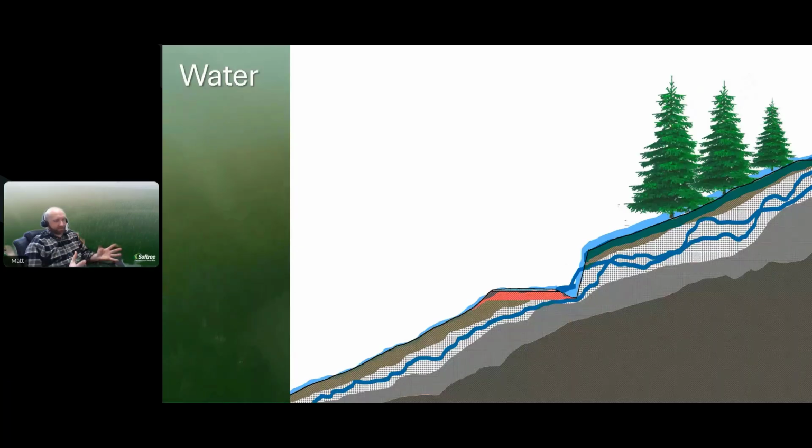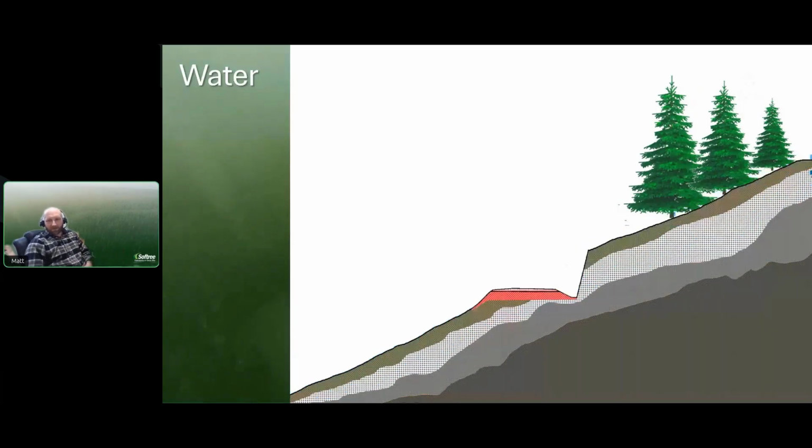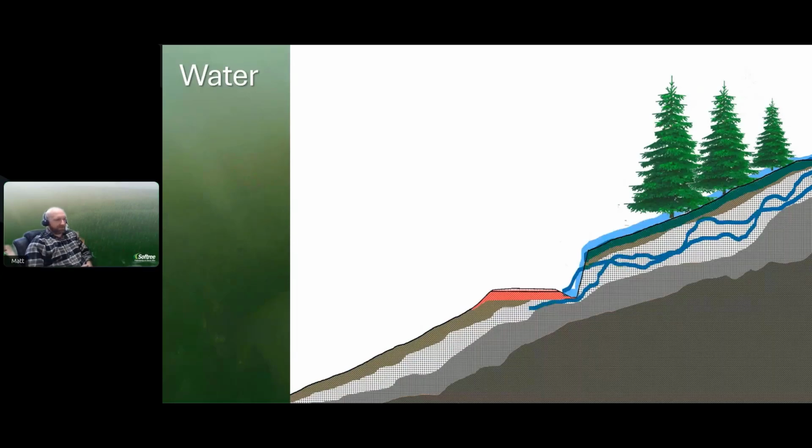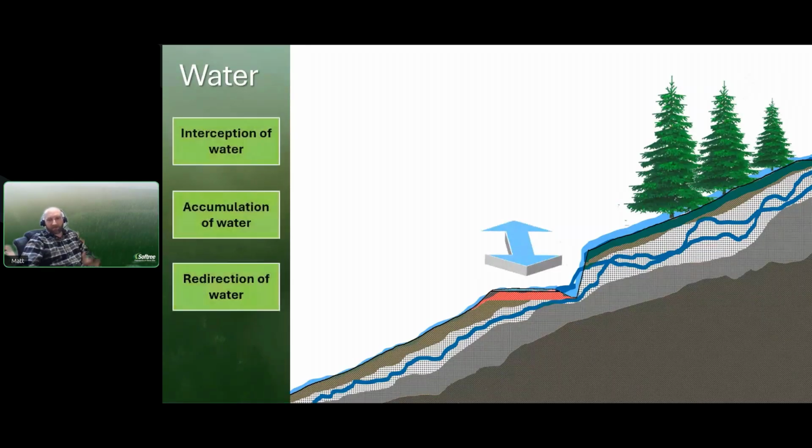Aside from just intercepting and redirecting flow, there's the subsurface water that's percolating through the slope or through the soil. Well, when it hits that cut slope, we daylight it. It's no longer subsurface flow. It ends up in the ditch, it ends up channelized, and it ends up moving a lot quicker than it otherwise would. So we're, again, contributing to concentrating water somewhere. So we do want to understand where that water's going as we plan our drainage and road geometry in general.